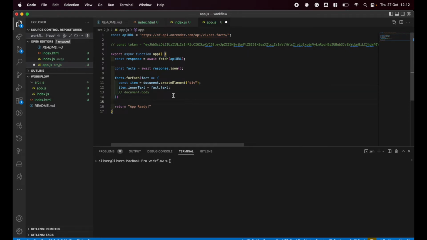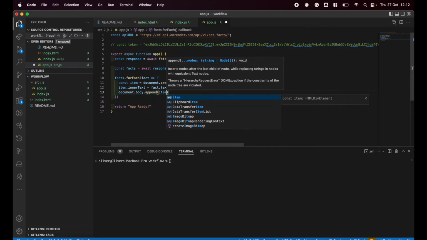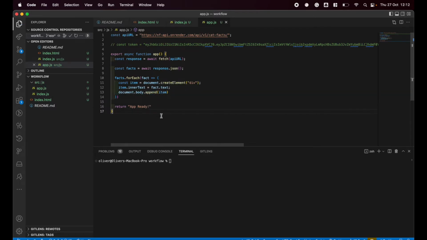So I think fact.text was the right thing there. And then I'm going to append each item to the DOM